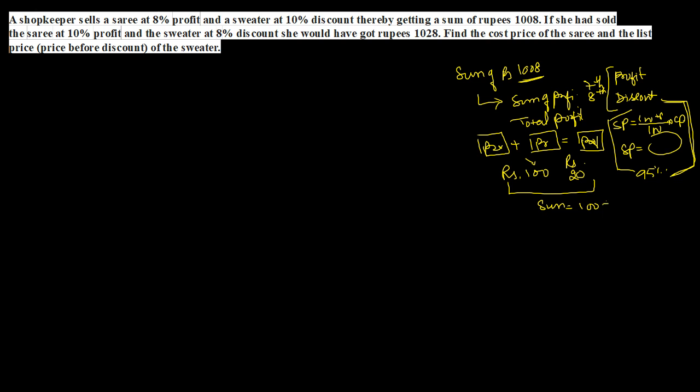It is 100 plus 20, 120 rupees. You don't need to remember this, but you must understand exactly what is given. They didn't give the total profit, they gave the total sum. So for the sum, if I am making 20 rupees profit, the total amount is 120,